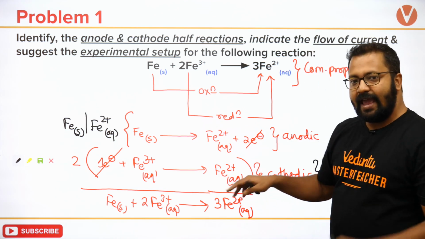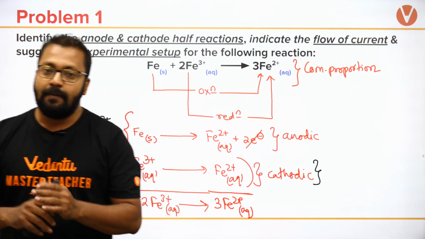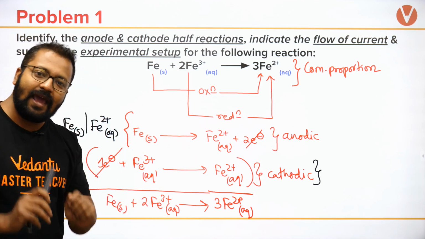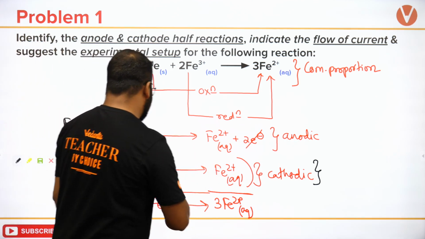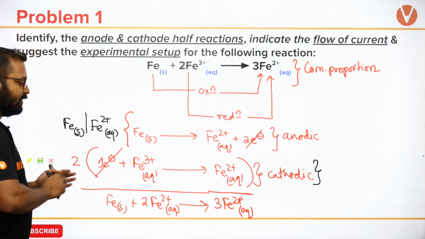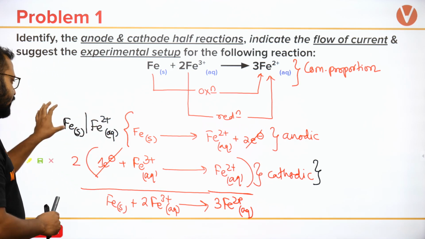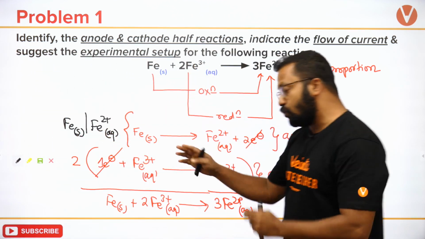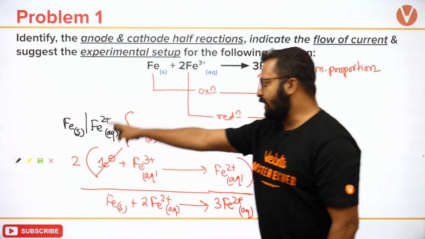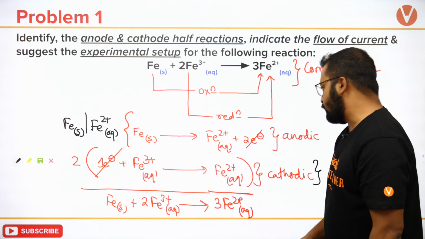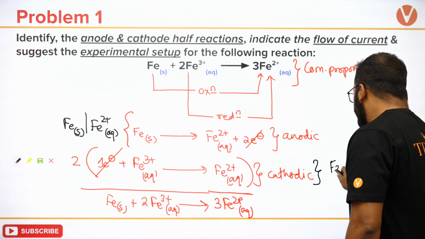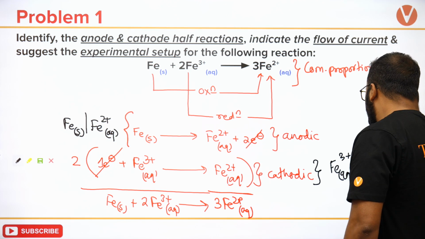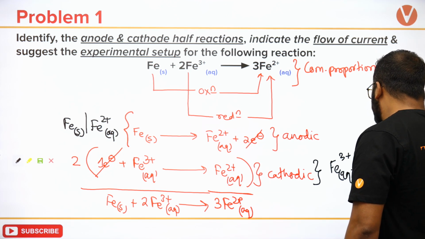These two things, Fe3 plus and Fe2 plus, both of them are in the same phase. That means both of them are in aqueous medium. So I cannot put the vertical line. Vertical line will be put only when there is a difference in the state of matter. Like this is solid, this is aqueous, only then I will put a vertical line. But this is aqueous, this is also aqueous. So I will write Fe aqueous, Fe3 plus aqueous, comma Fe2 plus